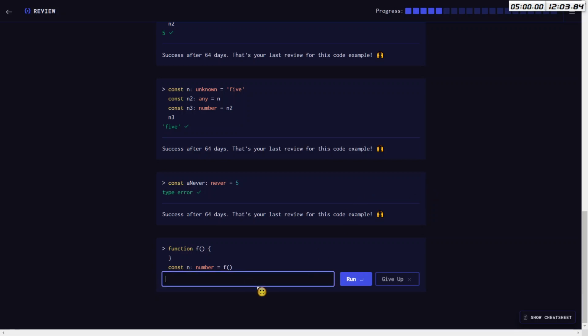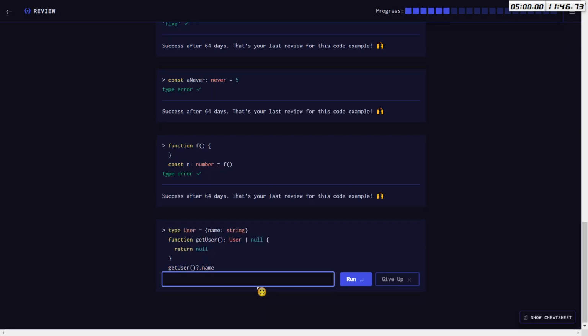Okay, so function f const number is the function, but that is the type of never, I think, because it doesn't return anything. So we'll say type error. That is correct. Type user, and it takes a name with a type of string. The get user either. Oh, that is the type definition. So there's a user, and okay, now the function get user outputs user or no, and when it's returned that,